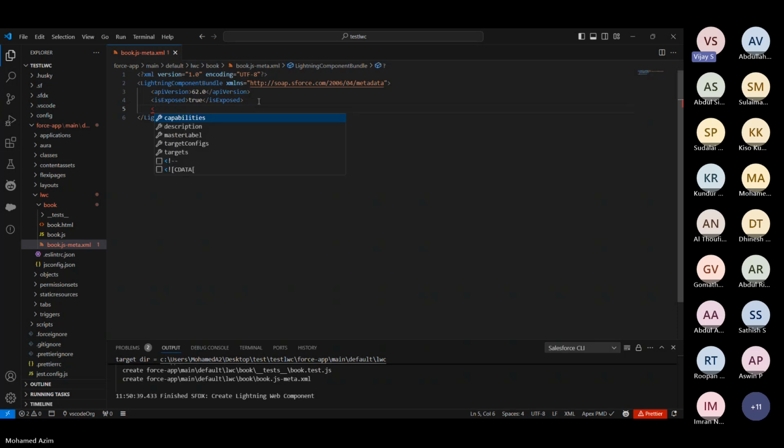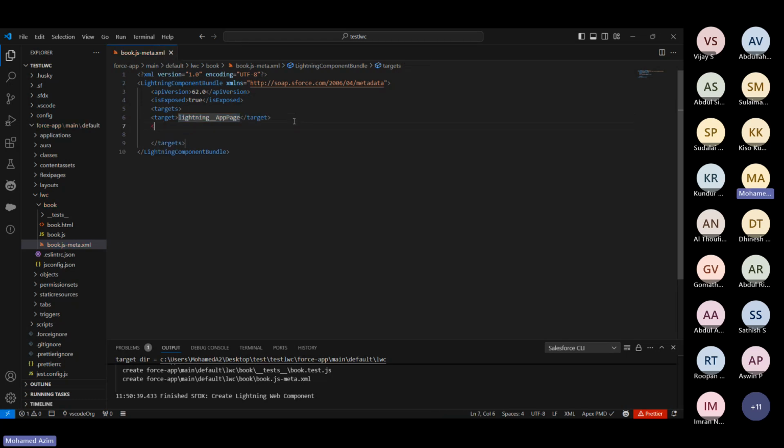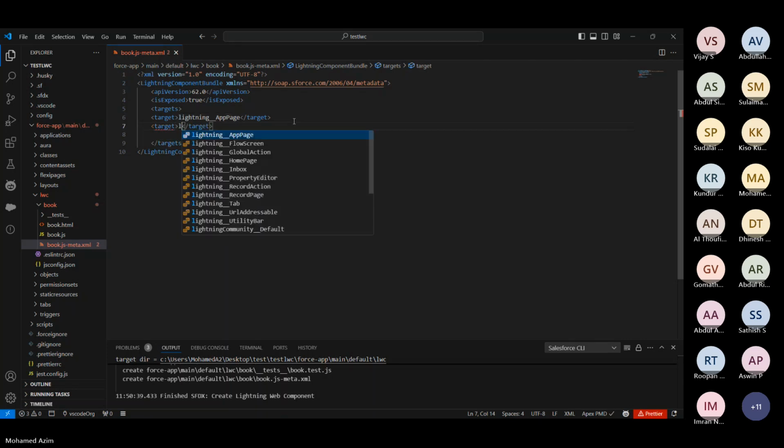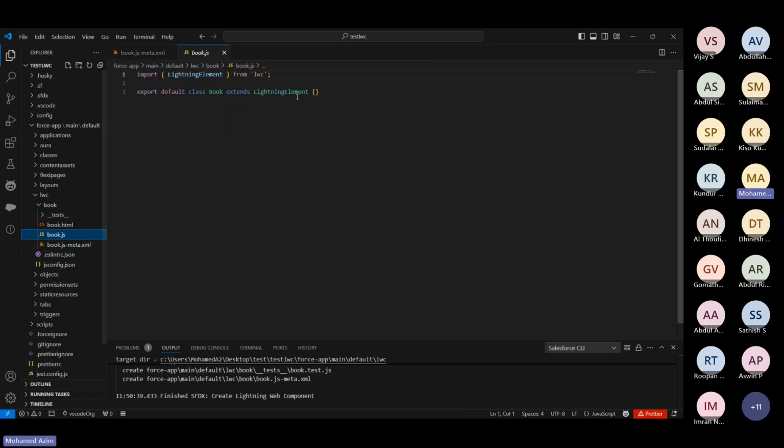In that metadata file, you need to give target files, right? To show in the UI. So Lightning app page, Lightning record page, where it is going to be shown. Yeah. Okay. Then